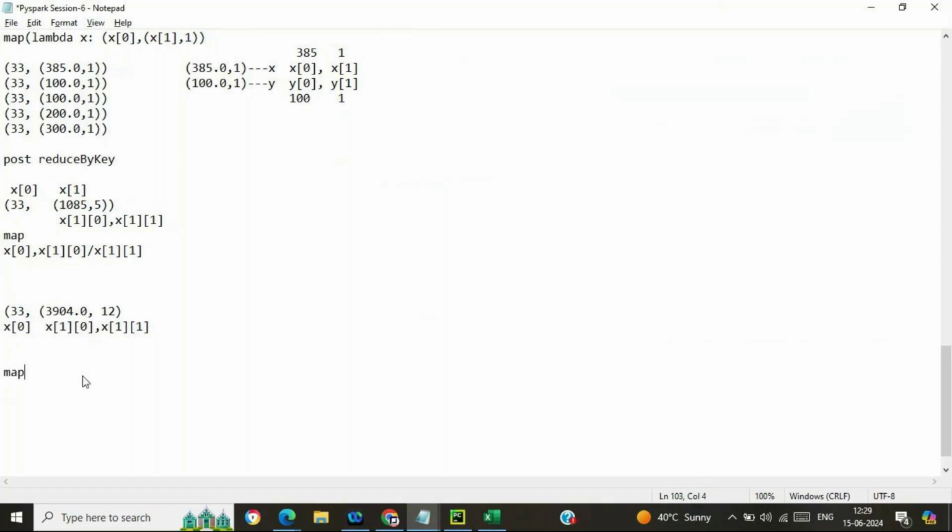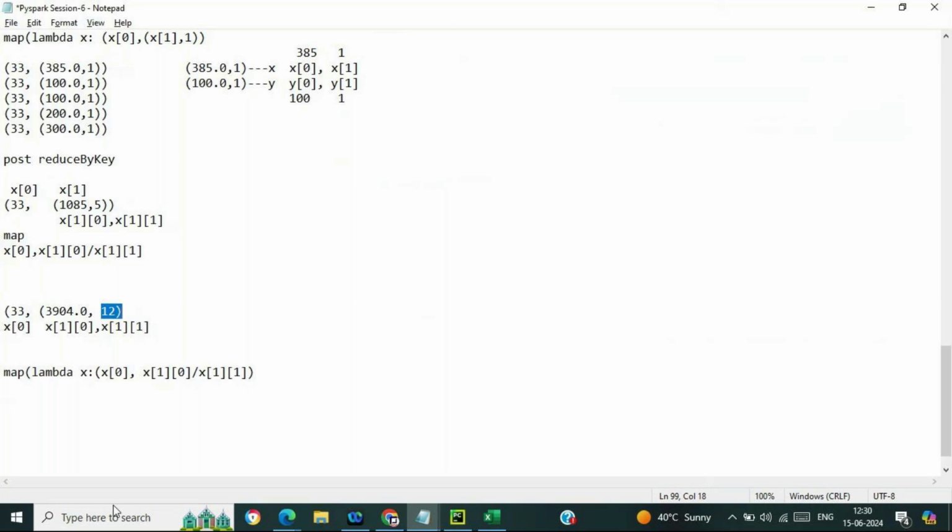So map, and it will be lambda, and if we are passing x, we want x of 0, that is perfectly fine, comma, then we just divide x of 1 ka 0 by x of 1 ka 1. Fine? Simple. We are dividing this by this.